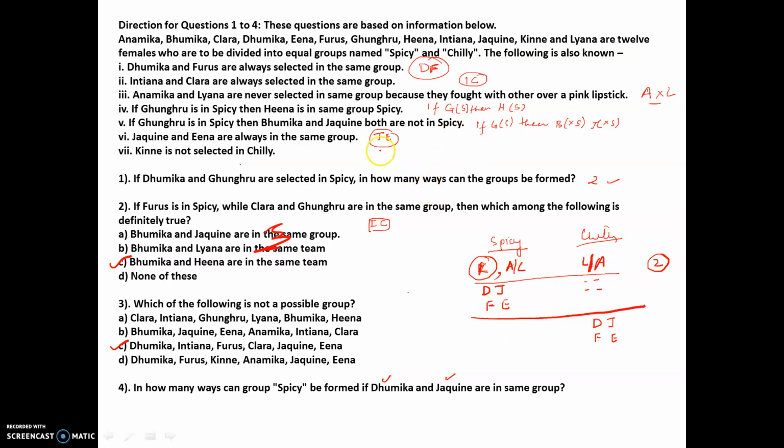So who are left? If you see, J's data has been used. So you have to think of I and C. Can I have I and C out here? So if you see, in chili there is already 1, 2, 3, 4, 5. So I and C cannot be there. So I and C have to be in spicy.